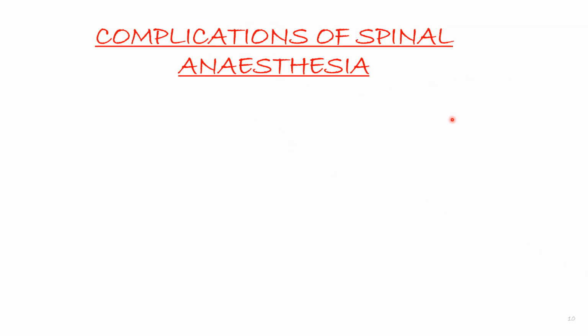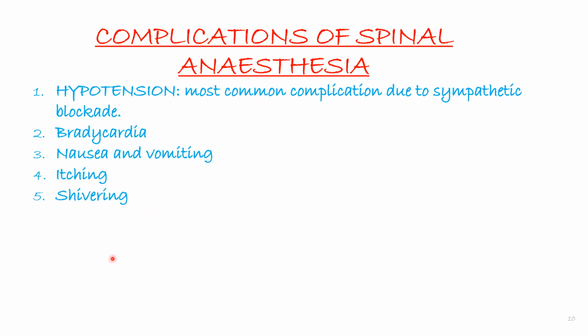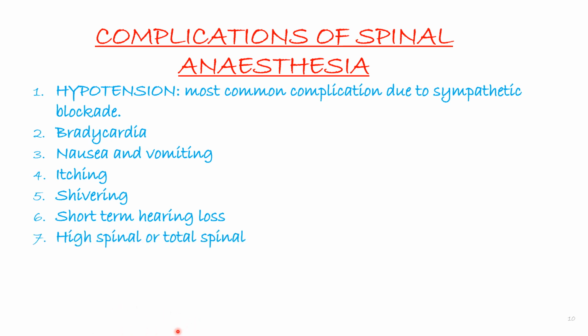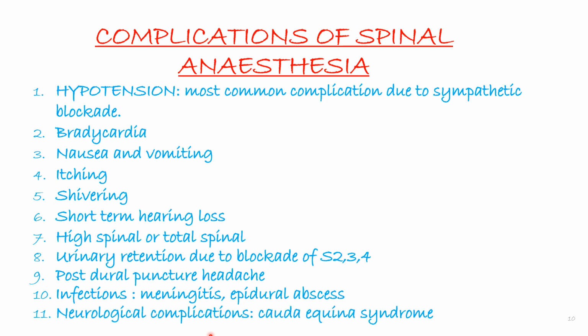So the complications of spinal anesthesia include, the first one is hypotension, and this is the most common complication due to spinal blockade. As we said before, spinal anesthesia blocks the sensory, the motor, and the sympathetic. The next could be bradycardia, nausea and vomiting, itching, shivering, short-term hearing loss, high spinal or total spinal, urinary retention due to blockade of S2, S3, and S4,